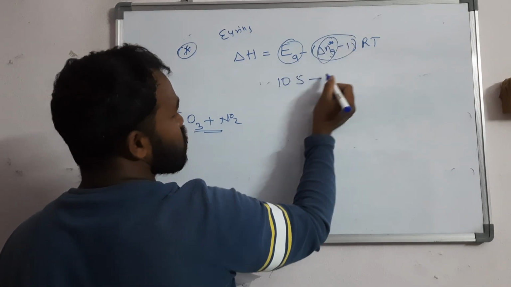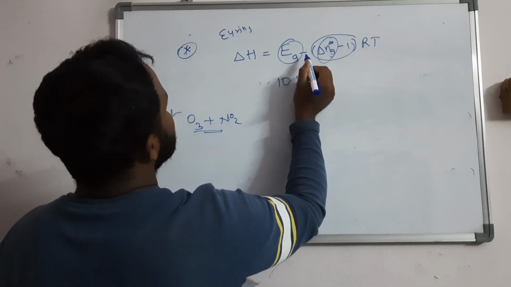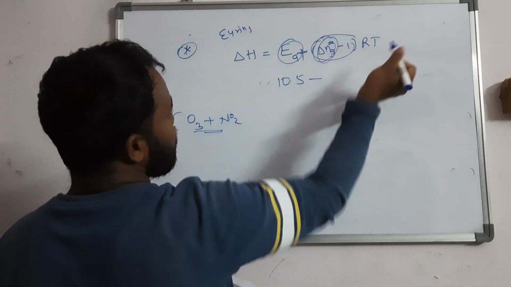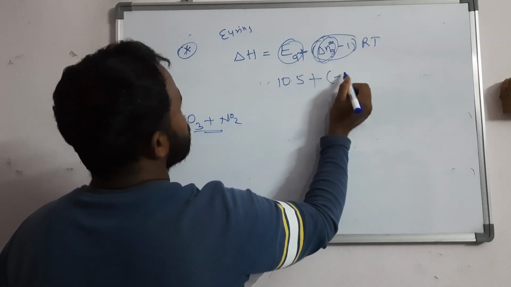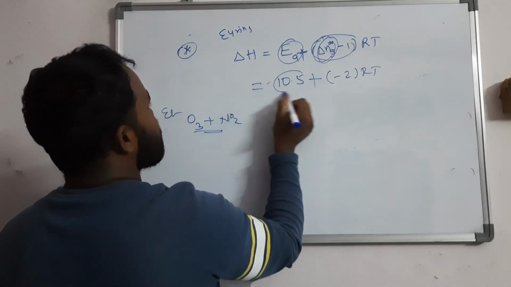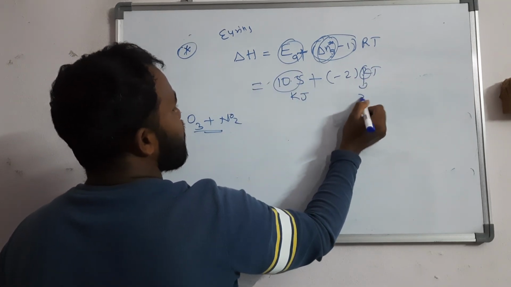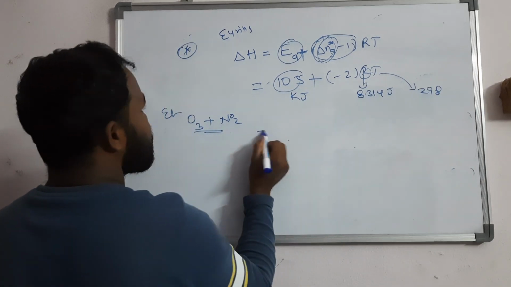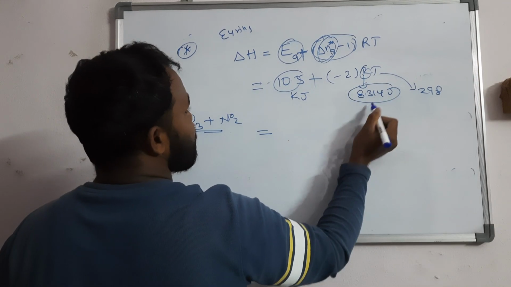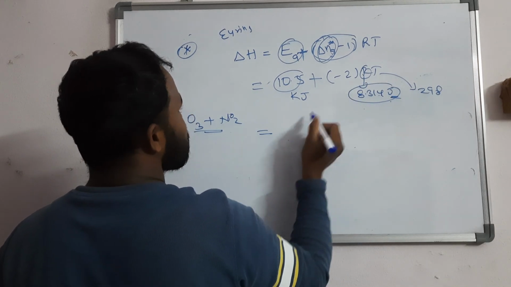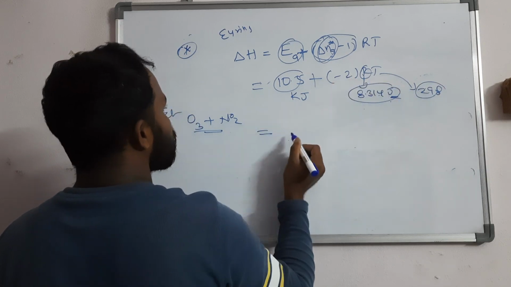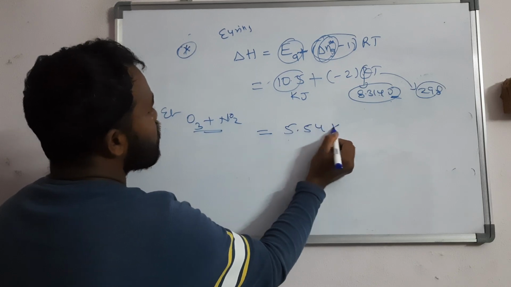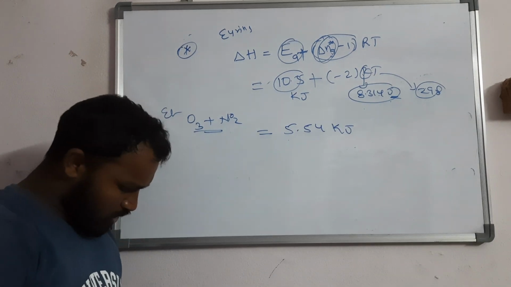So here what will you get? Minus 1, right? Here actually the formula is plus 1, since H is equal to E plus PV type. So you will get minus 2 RT. This is in kilojoules. They gave the R value as 8.314 joules, and the temperature is 25 degrees, so you should take 298. After converting, you divide 8.314 by 1000 for kilojoules. Then 298 multiplied by 2 gives almost 5.54 kilojoules. So this is the Eyring equation question.